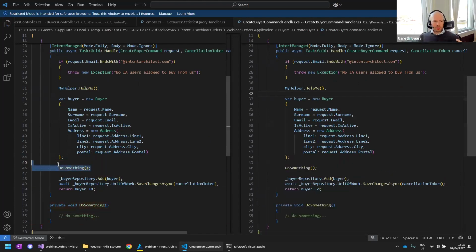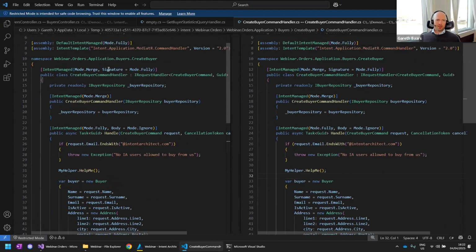Of course, this is to be expected. You can see it's keeping this code over here. That I'm sure would be expected for you guys because of the ignore over there. I've told it to ignore everything there. But why did it keep this code? That's because of the merge instruction, right?